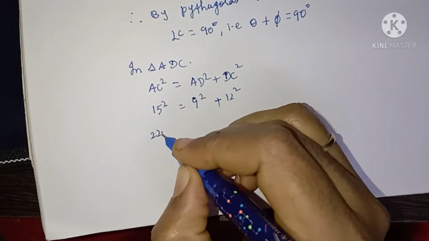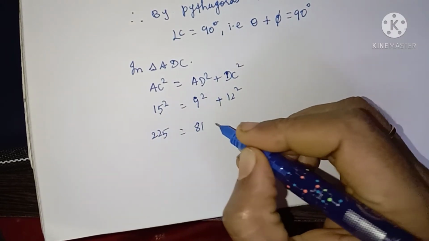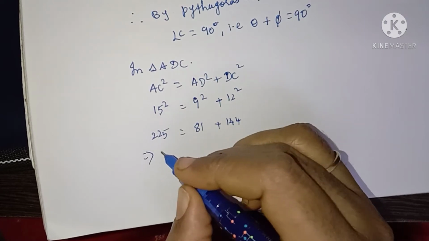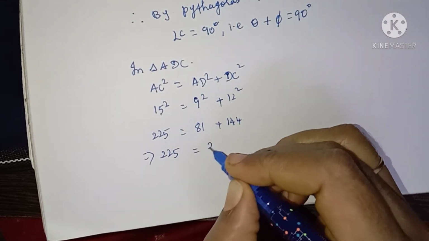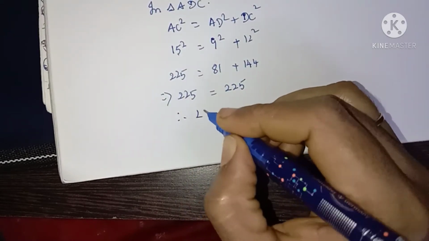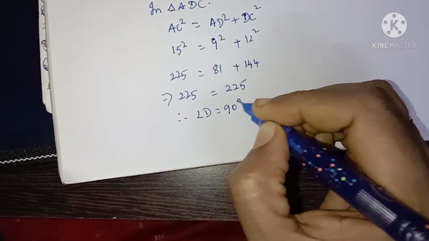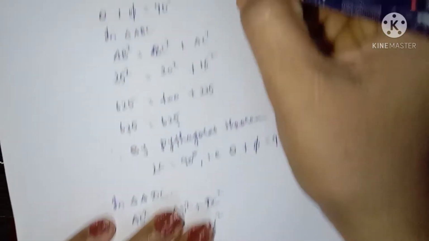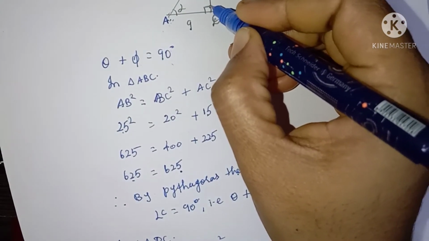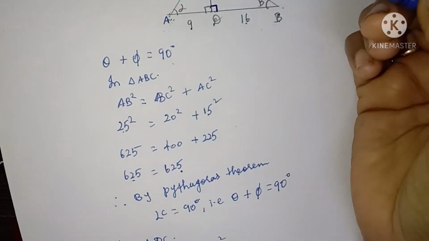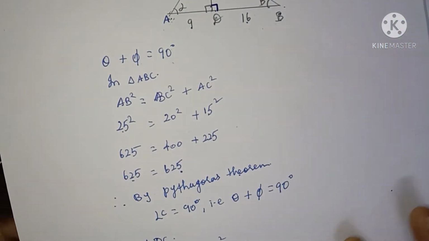15 square is 225, 9 square is 81, 12 square is 144, which is equal to 225 is equal to 225. Therefore, angle D is also 90 degree. That is a right angle triangle. So if in the figure D is 90 degree, this side is also 90 degree. Now we have to prove